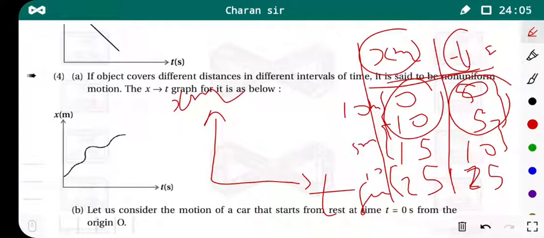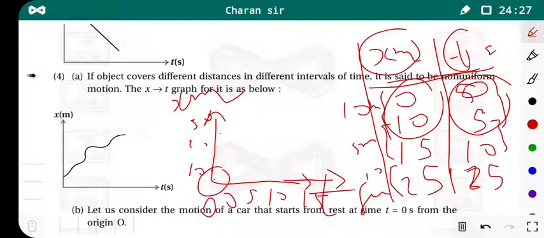So now we can draw this graph here. For that we take the time scale, that is 0, 5, 10, 15, and for position we take 10, 20 and 30. So at the initial position both are at the origin O, that is 0 seconds and 0 meters. Now after 5 minutes our object has reached 10, this point.